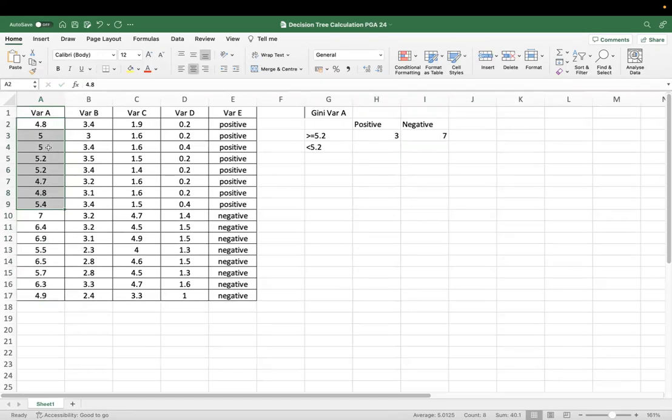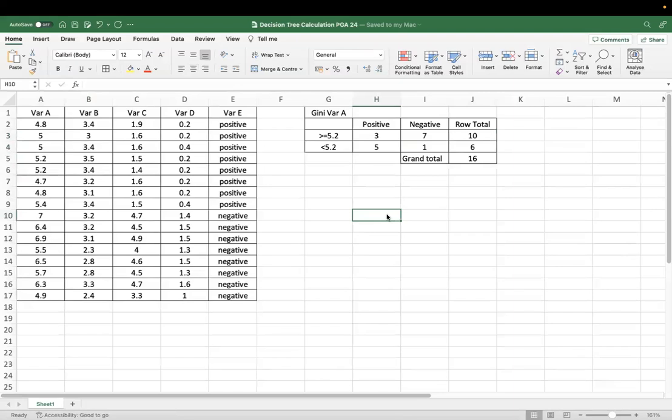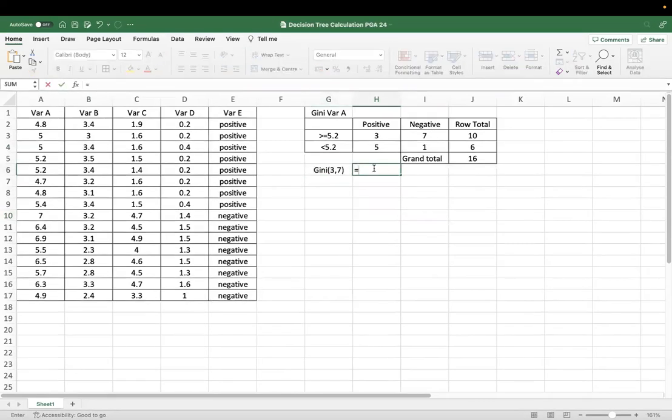1, 2, 3, 4, 5, and only 1 in negative. All right, so it will create a table like this. Now we will calculate Gini of 3, 7, which is equal to 1 minus open bracket (3 divided by 10) close bracket to the power of 2